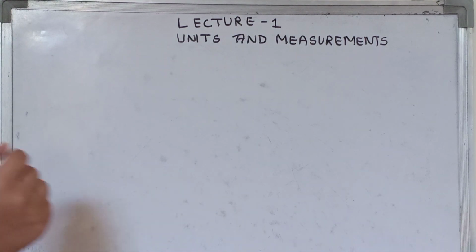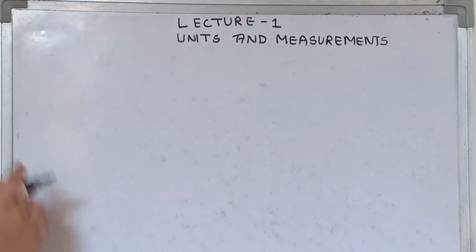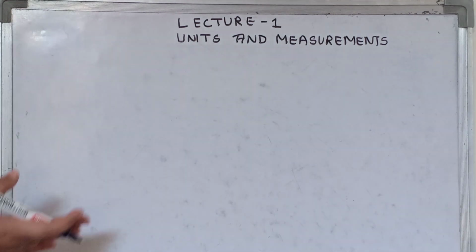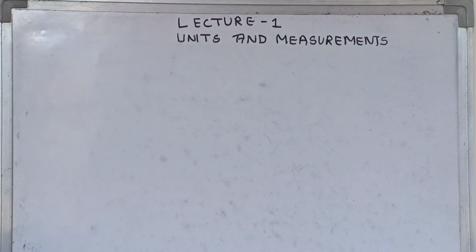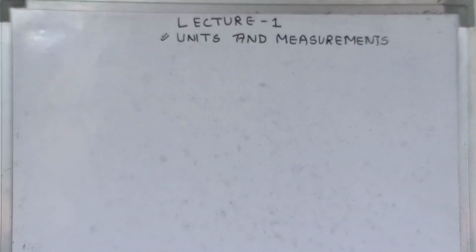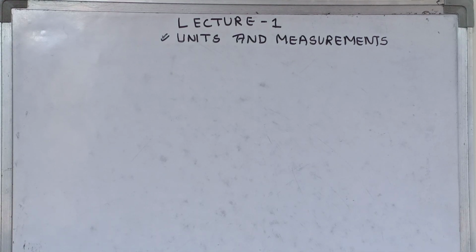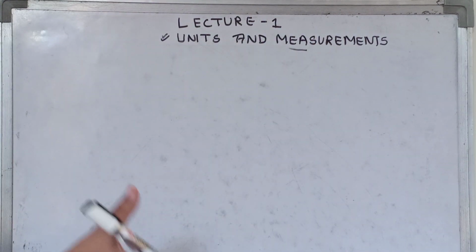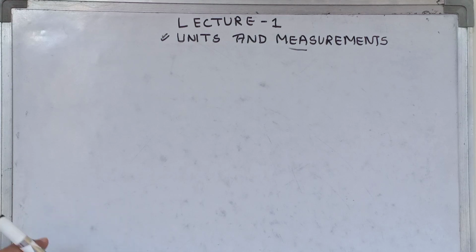So friends, first of all, without entering into the main content of any chapter, we need to know some basic definitions. So is the case with this chapter. Firstly, we would be writing a few definitions which are very important, and this chapter is really very important if you want to study physics in detail, because in this chapter you'll get to know how to measure any quantity, how to write the dimensional formula of any unit, what the units are, how to measure, and why to measure the quantity. All those things we would be covering in this chapter. So let's get started. The first definition is,